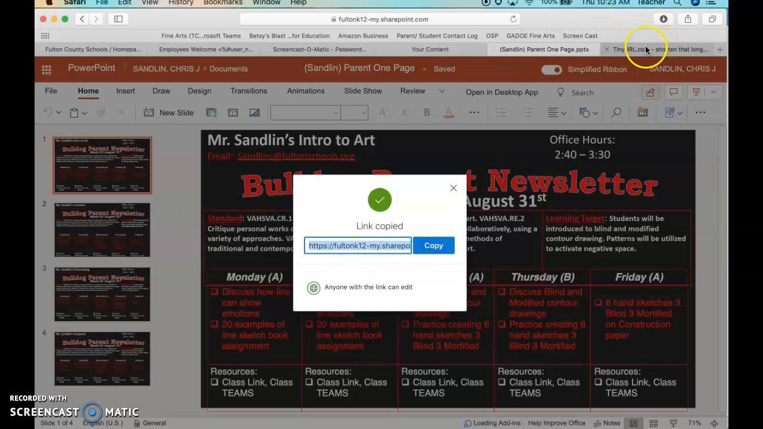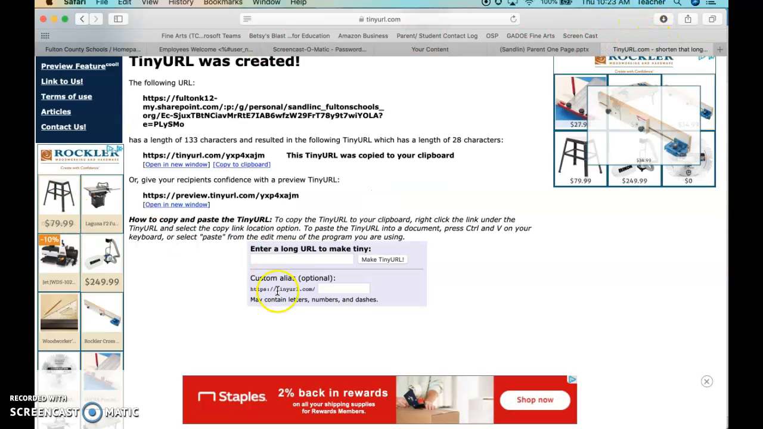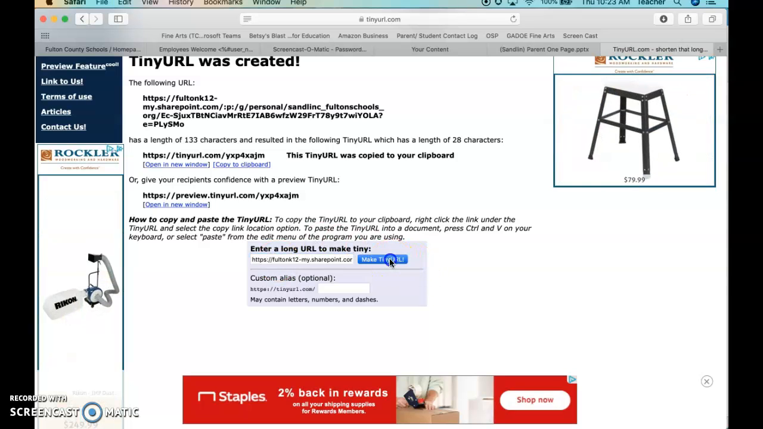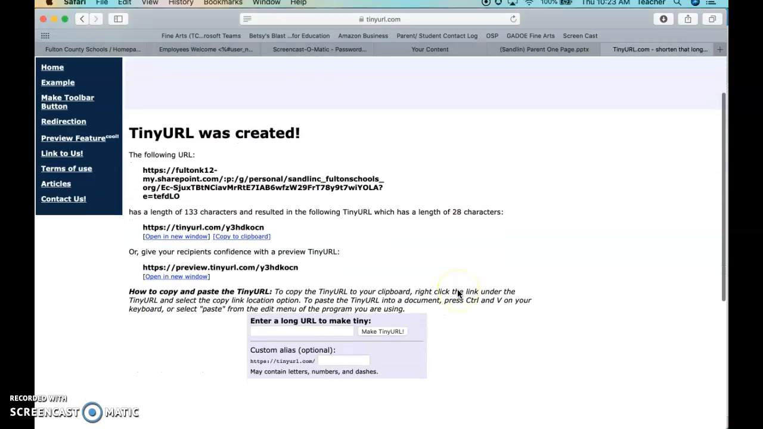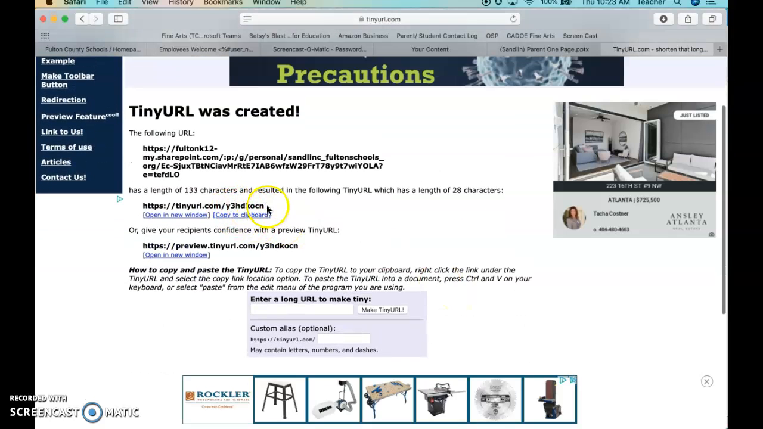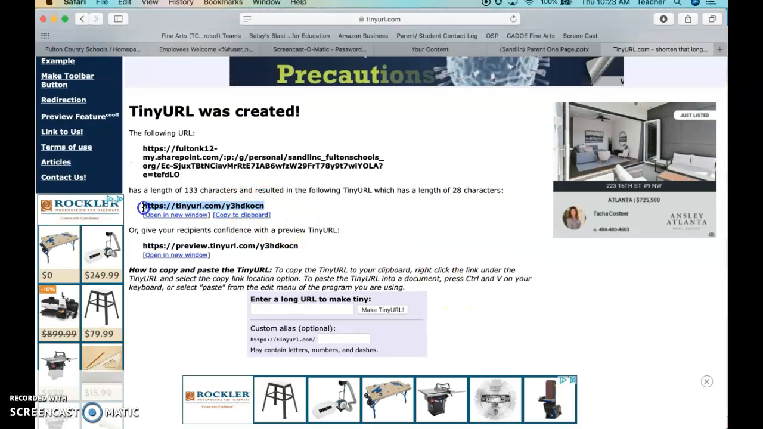All right, you're going to go to tiny URL, and you're going to put yours in here. It's going to say make it tiny. All right, so then here's my new tiny URL. So I'm going to copy this,